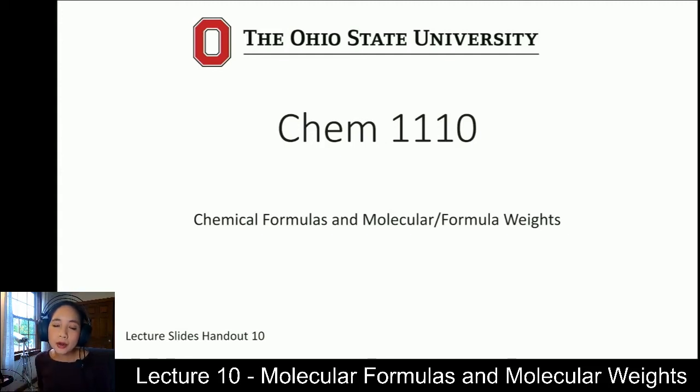So, to recap on Lecture 9 material, in that lecture we began to take atoms and elements and put them together to form more complex structures or compounds. There are two different types of compounds. We have the ionic type, and then we have covalent or molecules. We looked at the different properties of those two. We looked at the different bonding descriptions between ionic and covalent compounds, and we looked at the different rules for